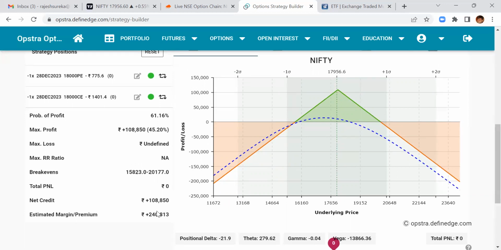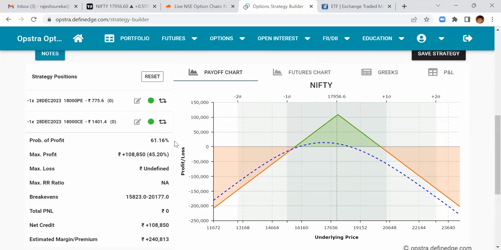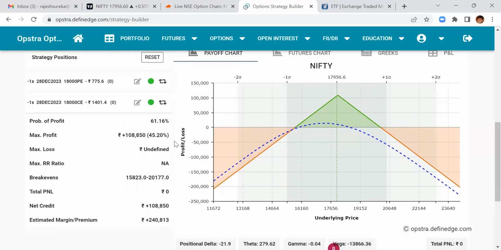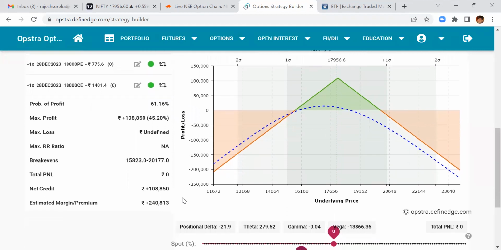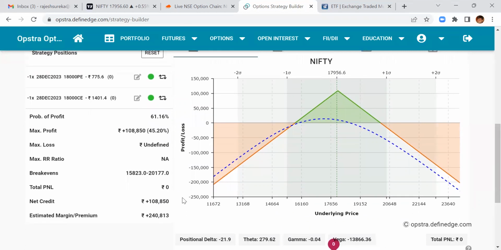If Nifty closes at 18,000 at December 2023, and obviously it will not close at 18,000. Cannot withdraw this 1 lakh rupees. You can withdraw. Achha, this is cash available. Yeah. So this is a cash availability.